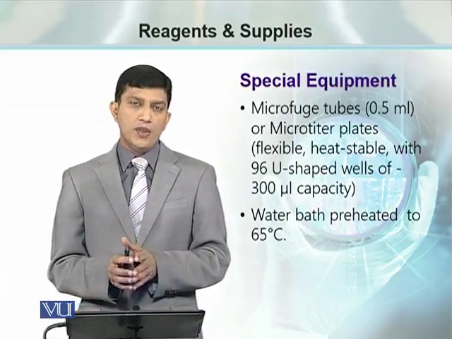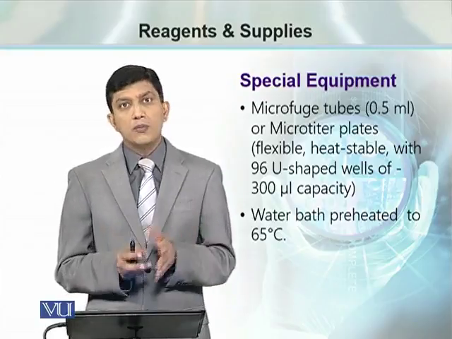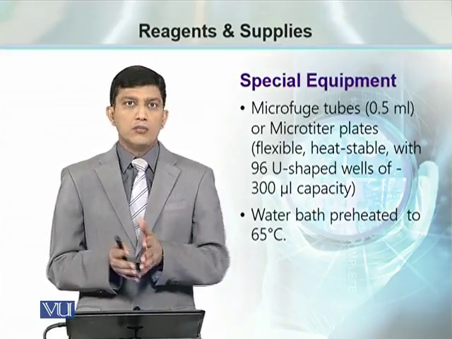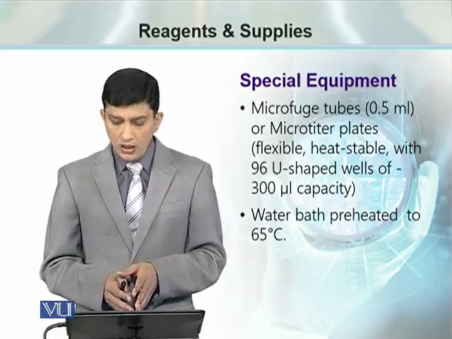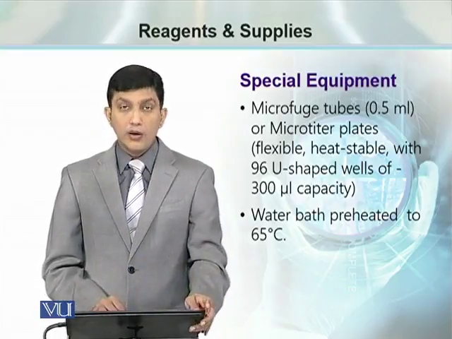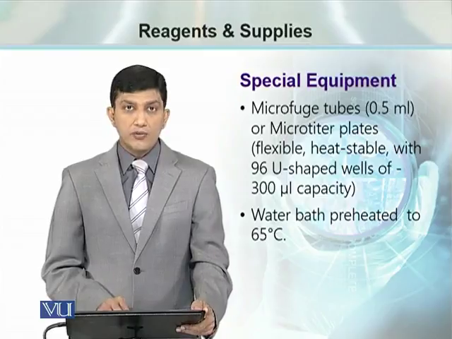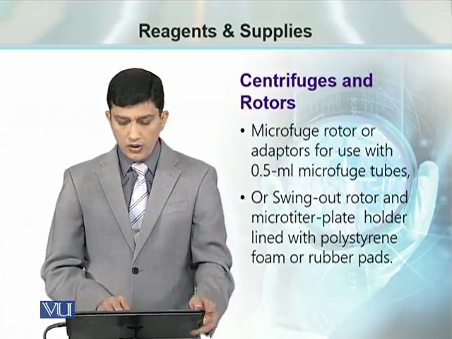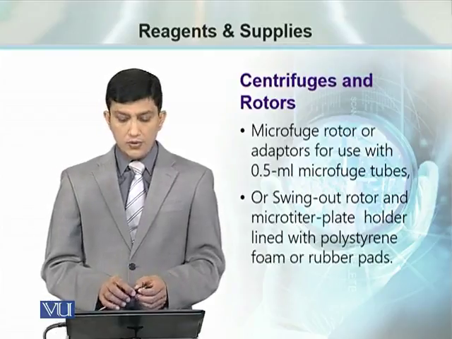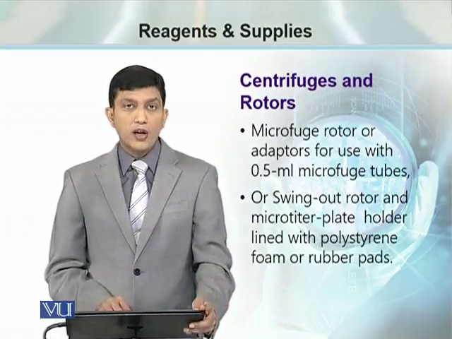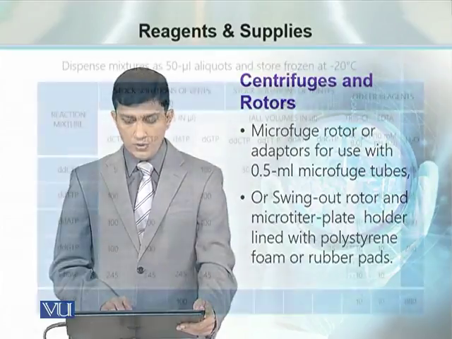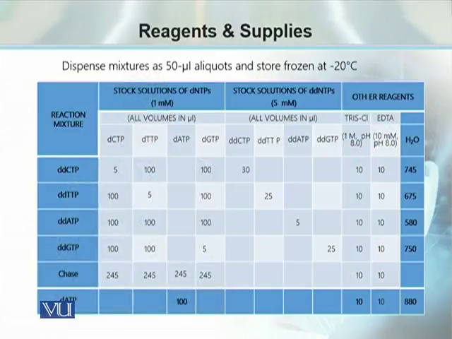Microfuge tubes are required. Microfuge is required if the number of samples is very high, and we can start with the microtiter plate, 96 well plate, water bath preheated at 65 degrees centigrade. Centrifuges, the benchtop centrifuge, which can handle the 0.5 milliliter tubes, and the reaction mixture which we are going to use is shown in this slide, that is having different